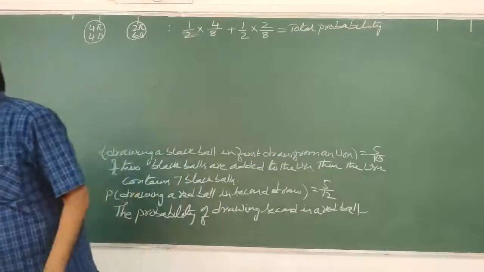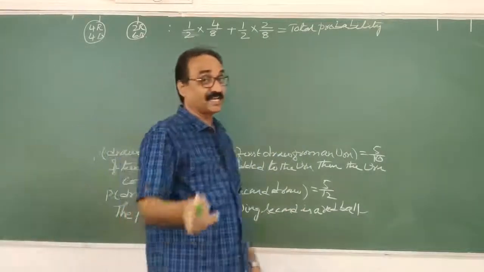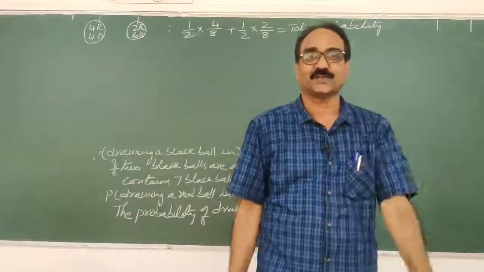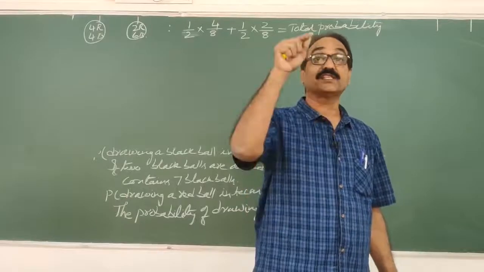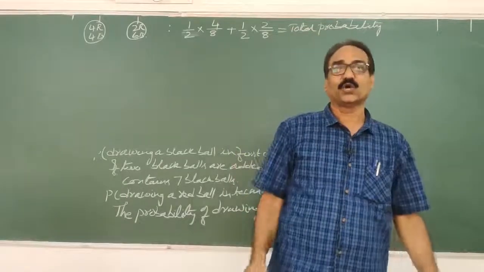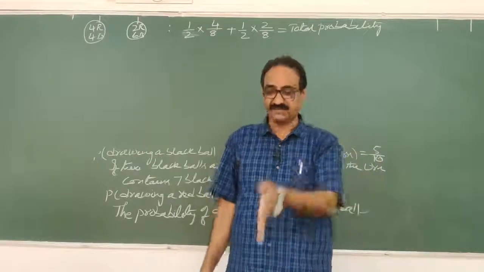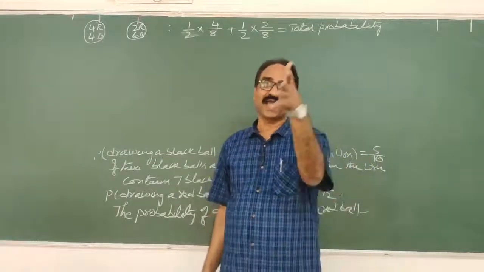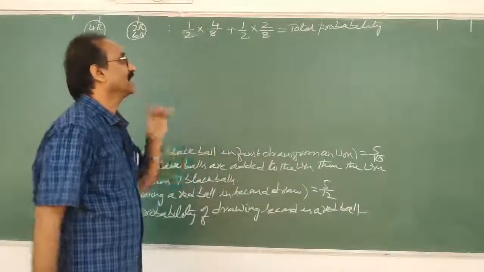The question is asking for the red ball that should be drawn from the first bag. That is called reverse probability. That's why this is called reverse probability. He is asking that the ball must be from the first bag. So which is given? The ball is given. But which bag do we have to find out? The ball is given, bag 1. Correct or not? This is called reverse probability. So he is asking like that.